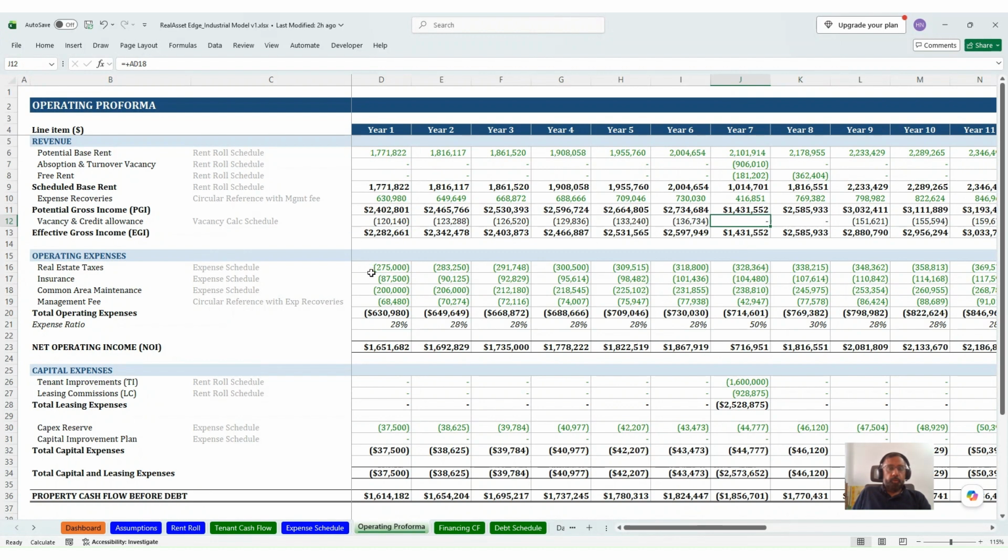If you move down, the real estate tax, insurance, and common area maintenance, all of these expenses are directly pulled in from the expense schedule. However, the management fee gets calculated based on a circular reference. The circular reference is because the expense recoveries include the management fee, and the management fee includes the EGI after expense recoveries, which creates a circular reference. Now, there are multiple ways to solve this circular reference. One of the ways is that